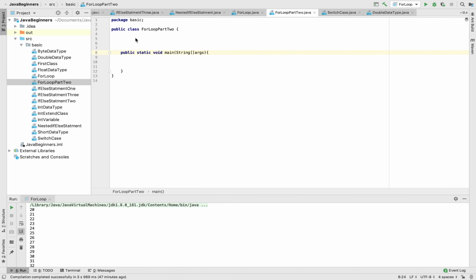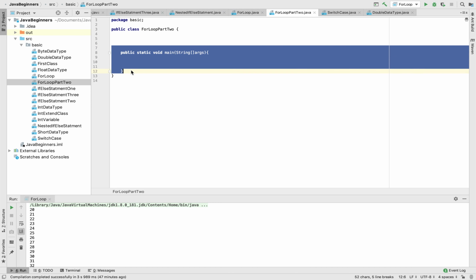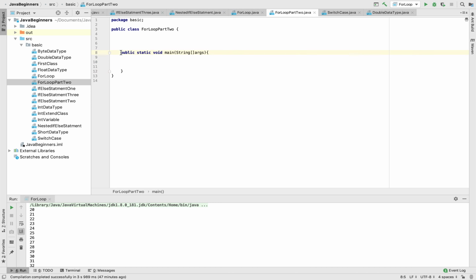So I already created the for loops part 2 class. You know how to create it, and you also know how to create a main method. Now, inside the main method, I'm going to write this. I did not teach you arrays yet, but this is also the definition of an array, so you will know what an array is. The next class I will show arrays, but I need this array because of this enhanced for loop. So now I'm going to create a string